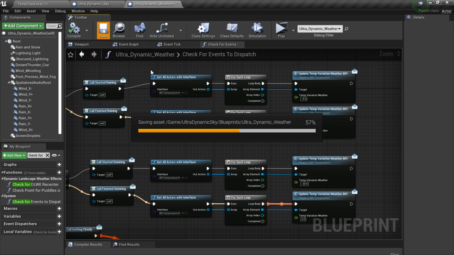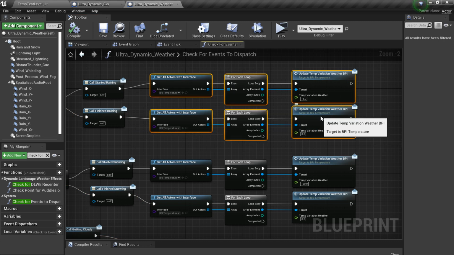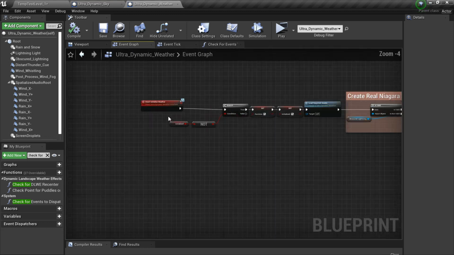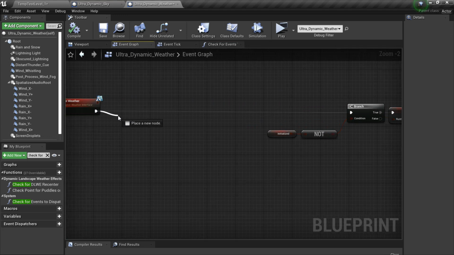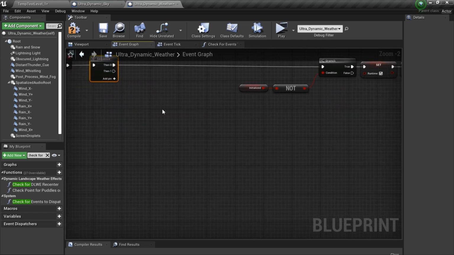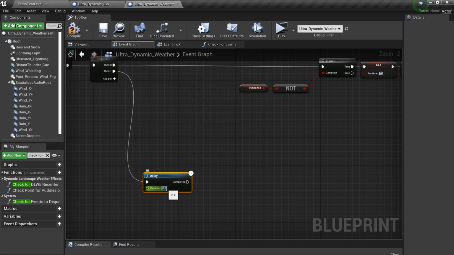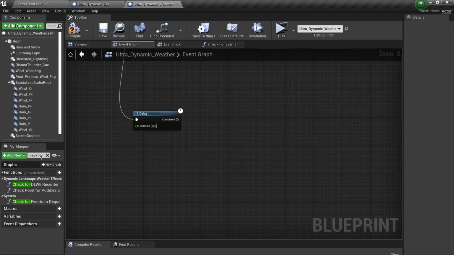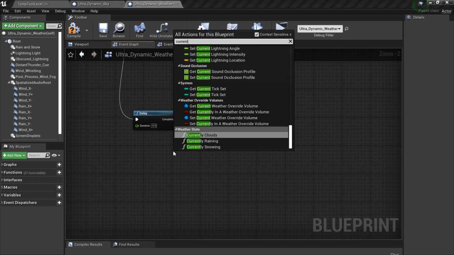One last thing we want to do in the weather is we want to grab, let's just grab these two and copy them. Head to the event graph, and right at the start where it says event initialize weather, just drag this out a bit. We're going to do a sequence. And so basically after it's done all the logic, we're going to come through here and put a delay in of, let's say, 0.5. Then we're going to look for two functions. First one would be currently raining,